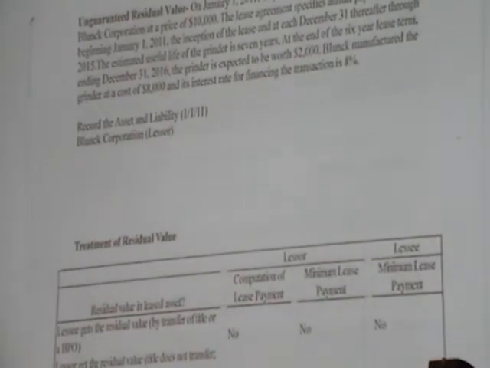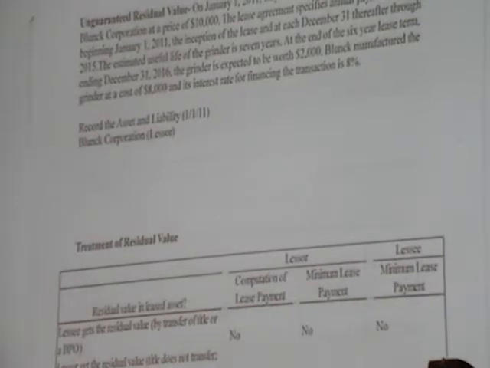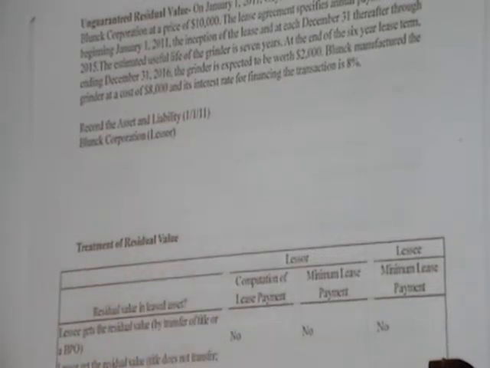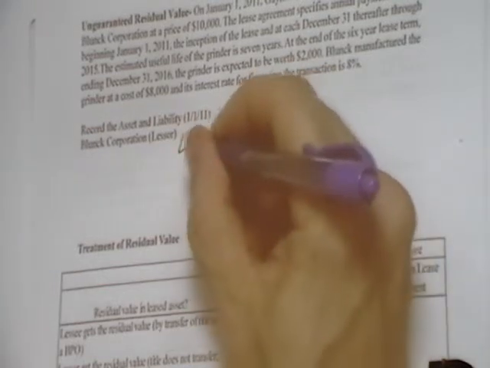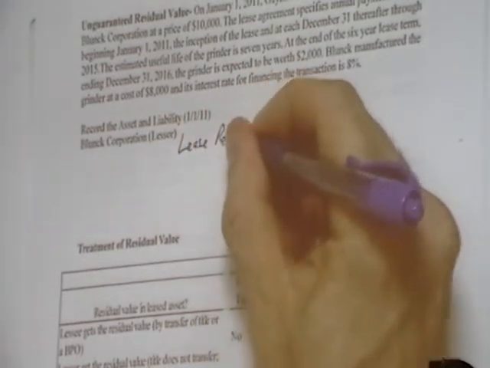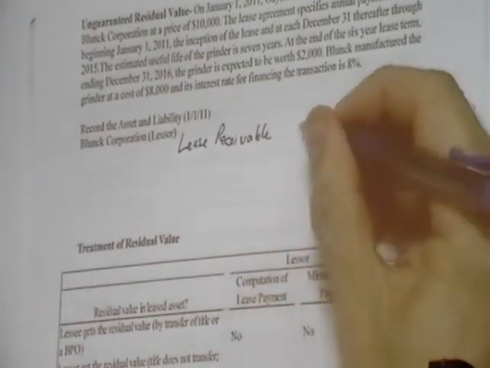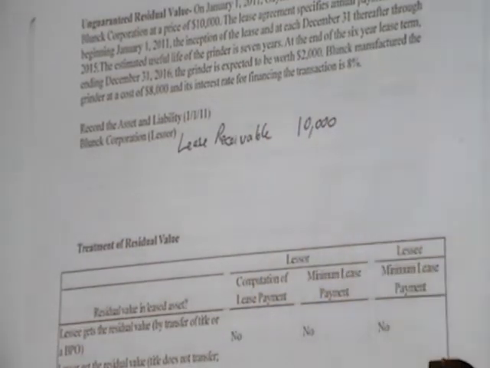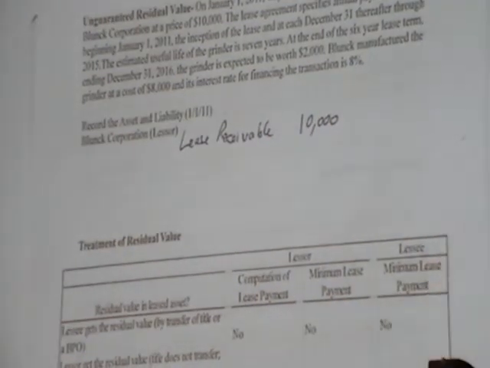What happens at the very end might be slightly different from what we've done previously, but you can think through that and figure that out on your own. So specifically for the lessor, the difference that's going to happen here is going to be this. So first of all, from the lessor's perspective, they're still going to record a lease receivable for $10,000. Okay? And the reason they're going to still have a lease receivable of $10,000 is their expectation is